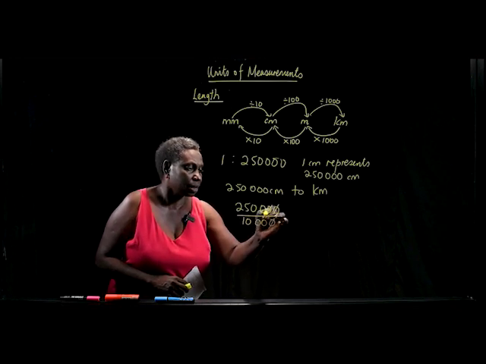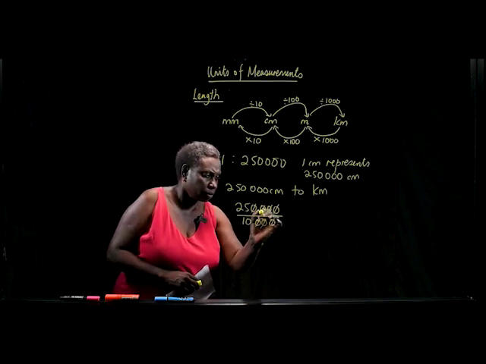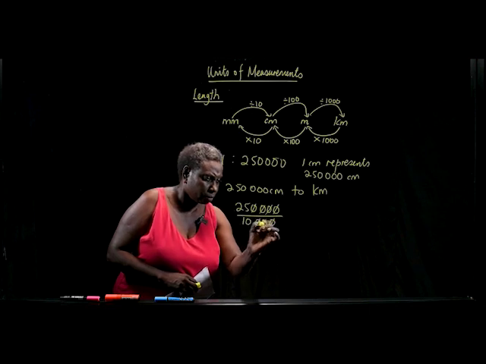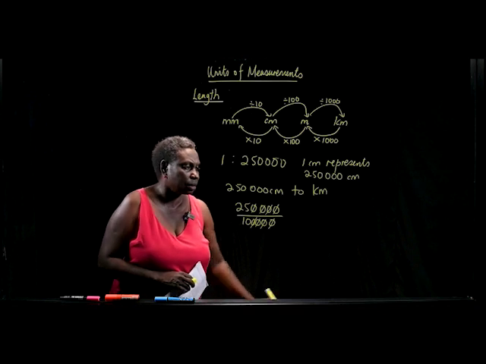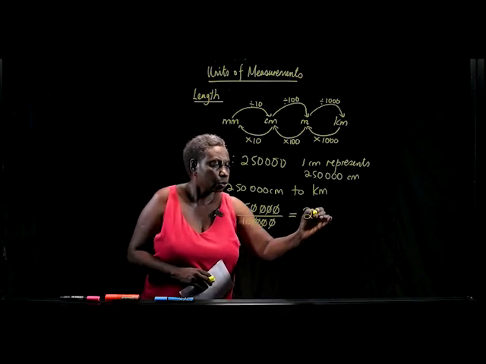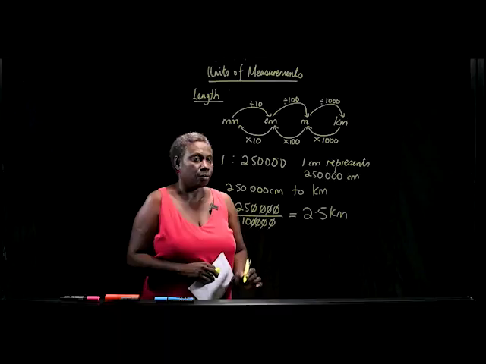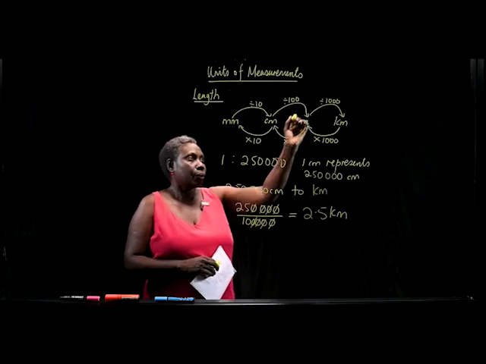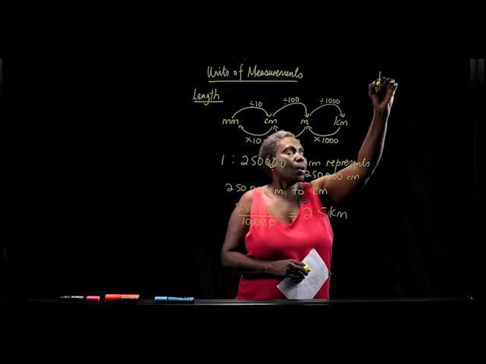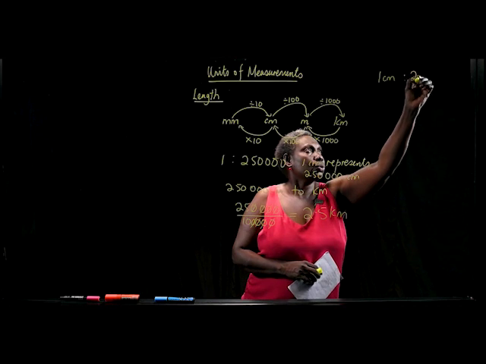These zeros cancel out. Oops, one more zero here. This one cancels out. So that will be equal to 2.5 kilometers. So now the scale will be 1 centimeter is to 2.5